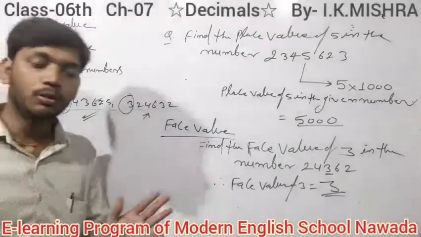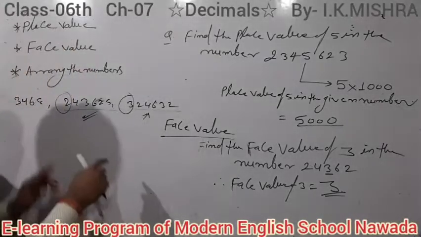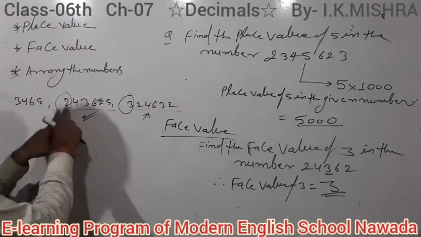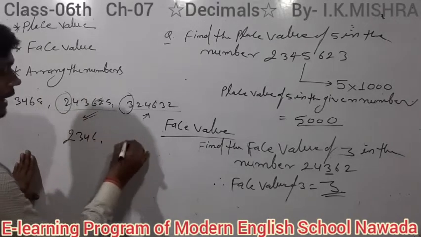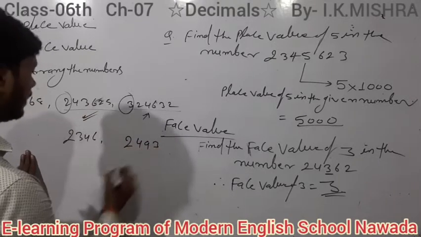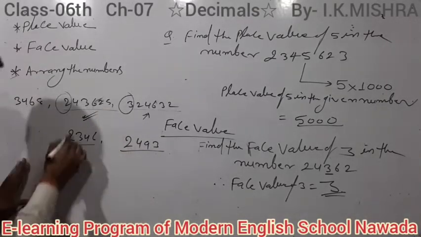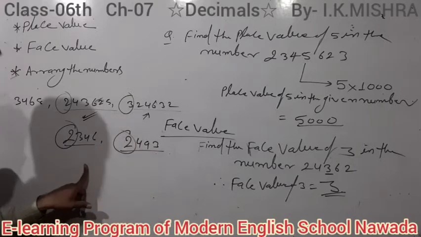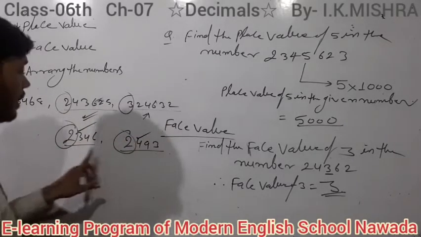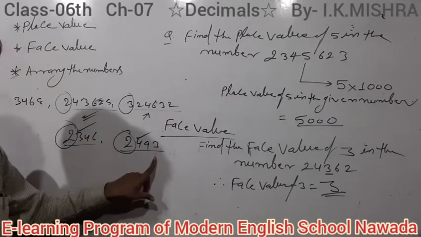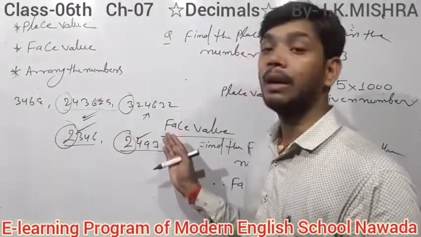After that, when you have to compare two numbers, observe leftmost digits, and if leftmost digits are equal, suppose here write 2 3 4 6 and here 2 4 9 6 3. Here in both numbers 4 digits, and leftmost digits are equal. Then observe the next digit, here 3 and here 4. That means this number will be larger. So students, similarly you can arrange the numbers in ascending and descending order.